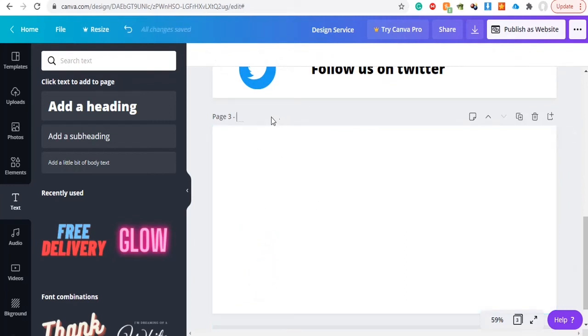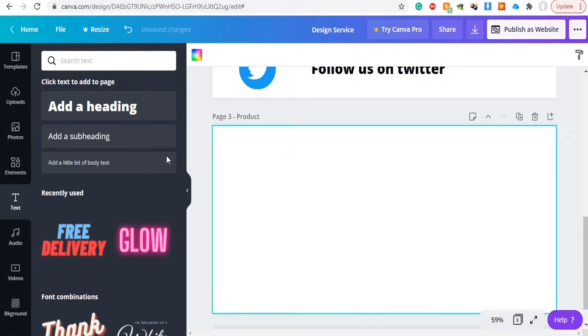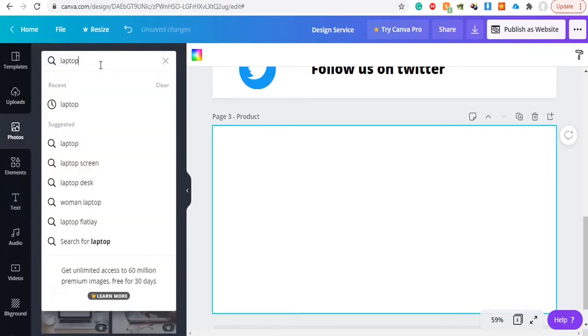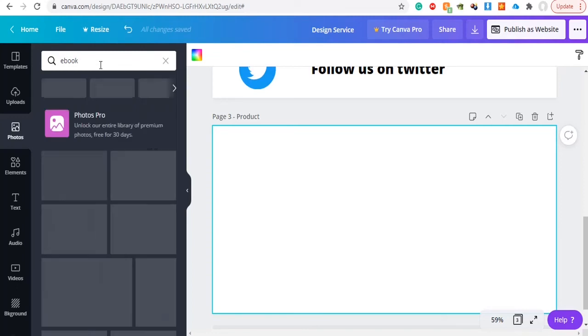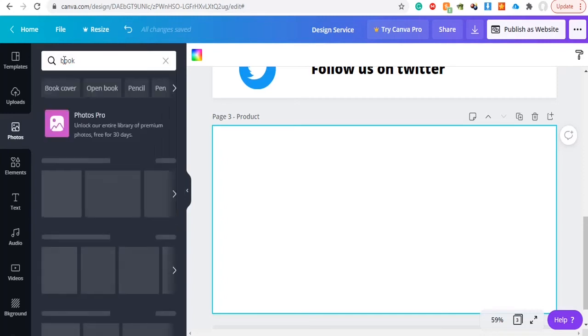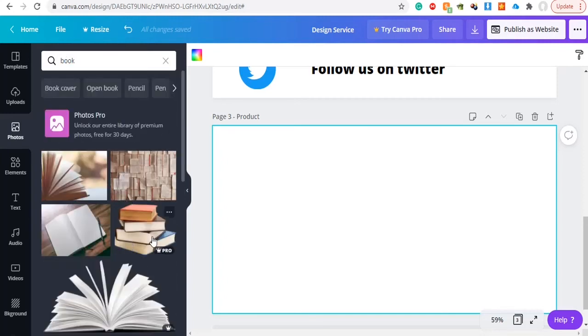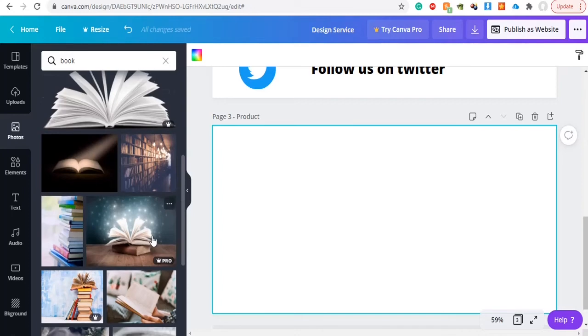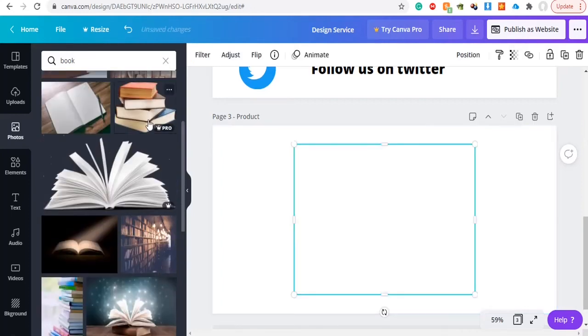So next you can create a page about your services or your product. So you can write product, like you have an ebook to sell. For demo purposes, I will be writing ebook, or simply book. So for the demo purpose, let's go with this one.